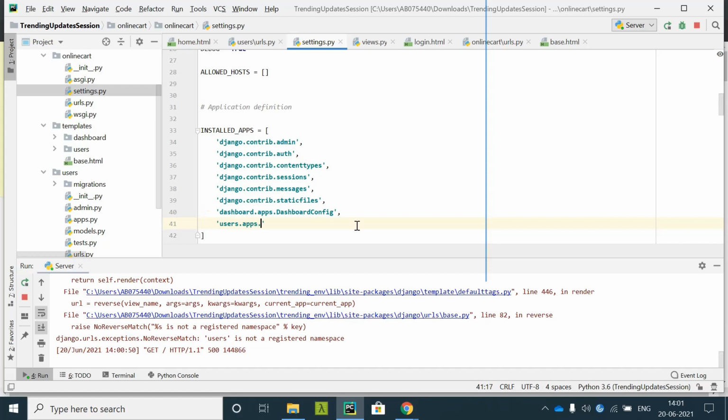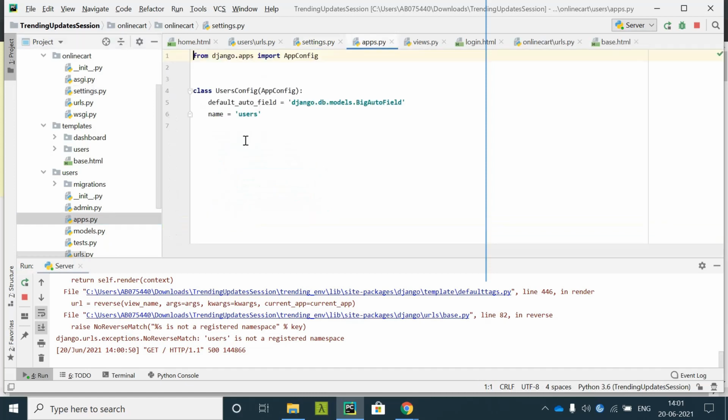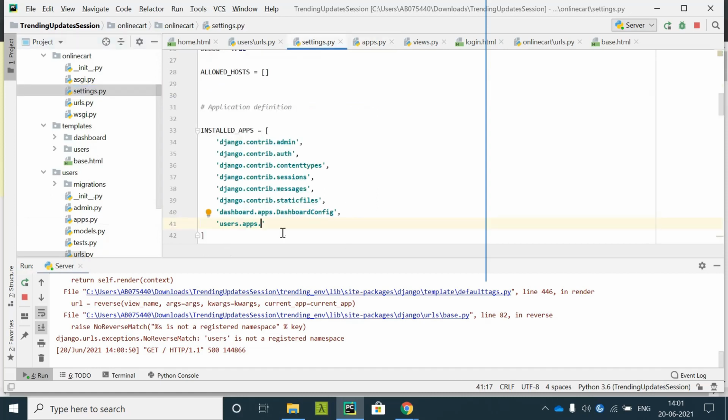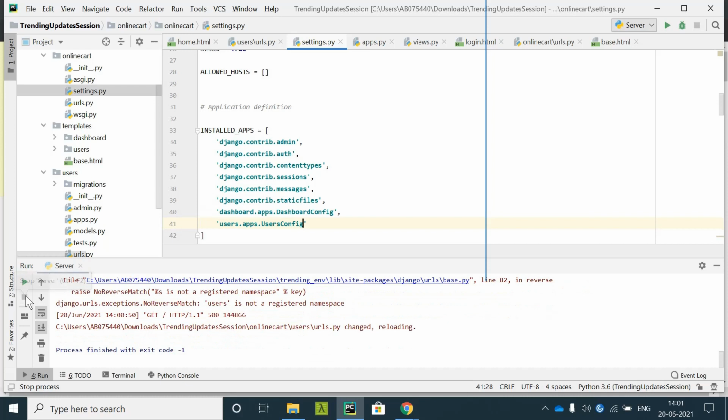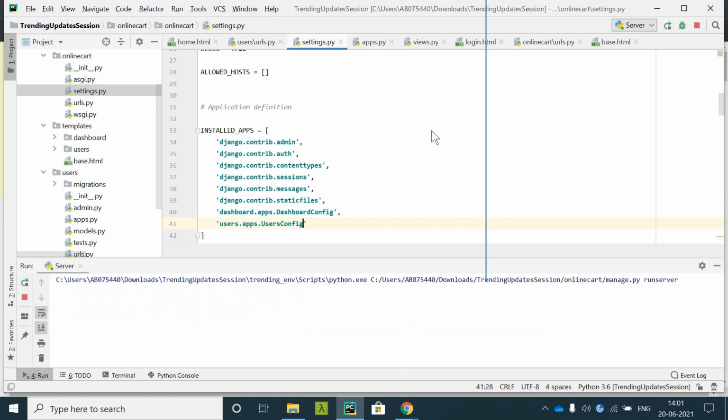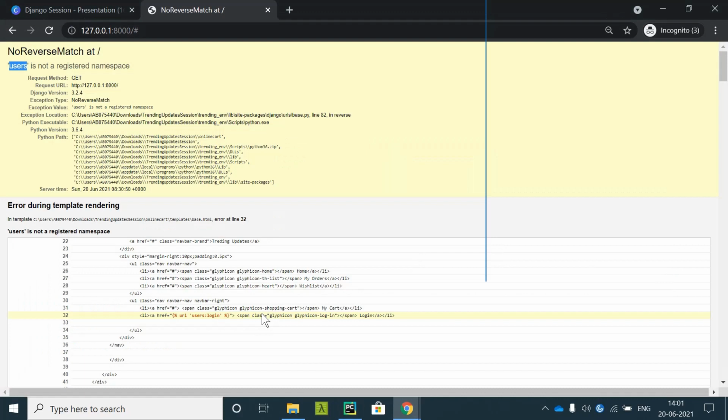dot apps dot this class name. Okay, now once you do this, I will just restart my server. So still you can see that users is not a registered namespace.